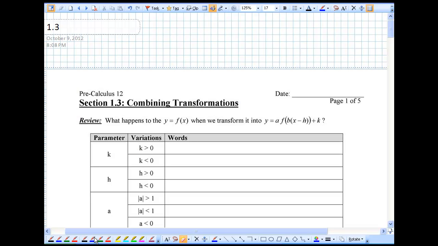Alright, so we are back with section 1.3 called Combining Transformations. If you're one of those students who likes to do everything at the end of the unit and slack off and not do any homework for the beginning parts, well, today is not your day. Because today we're going to be reviewing all the stuff you learned in section 1.1 and 1.2 and putting it